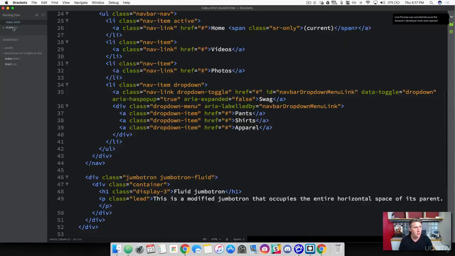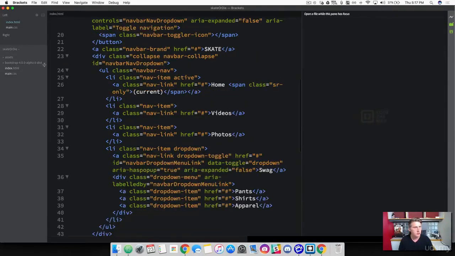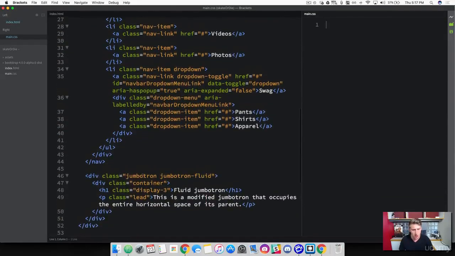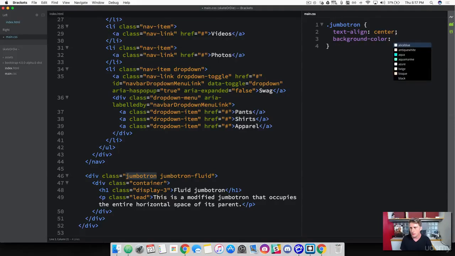So first of all, we're going to dive into our CSS, and I'm going to split my screen here so we can see both ends of what's going on. Let me open up this and drag in my CSS over to the right side. So go ahead and grab the Jumbotron class here. I'm going to copy that, and then over here we're going to add it. All right, and the first thing we wanted to do is get our text to be centered. So we're going to add a text-align of center, and then we saw that we had a background color that we didn't want. So go ahead and do background-color,